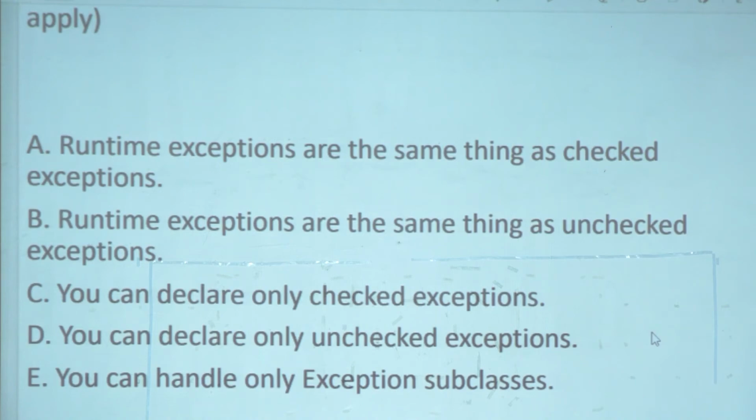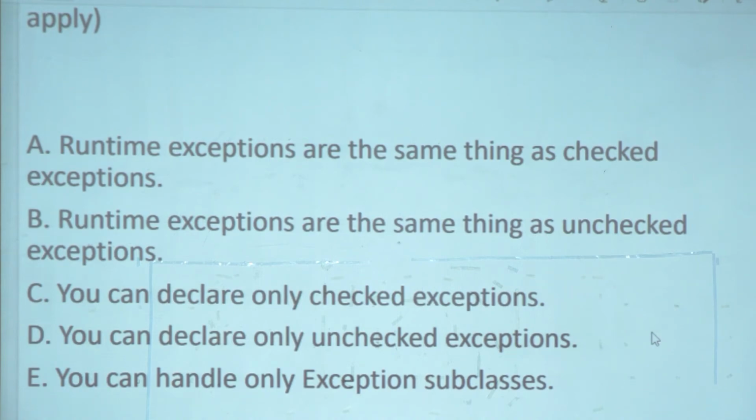Remember our code compiled even though we had an arithmetic exception propagating and we did not say throws. It is not mandatory to report an unchecked exception, but it is mandatory to report or catch a checked exception. So declaring only checked exceptions is wrong, and declaring only unchecked exceptions is wrong.